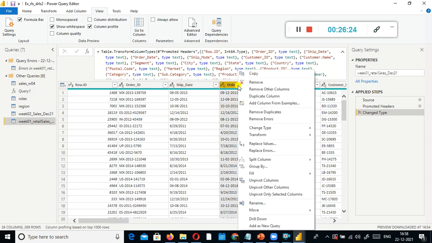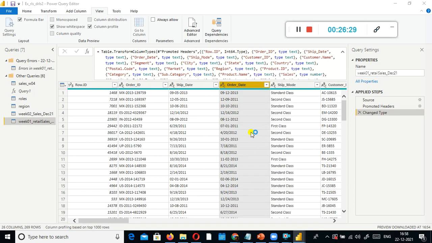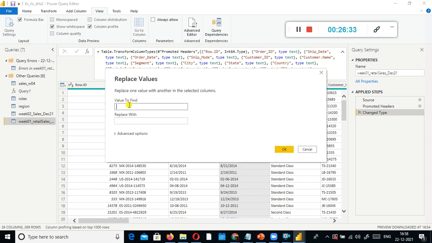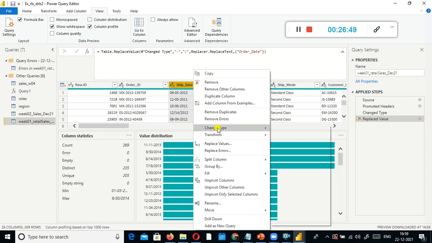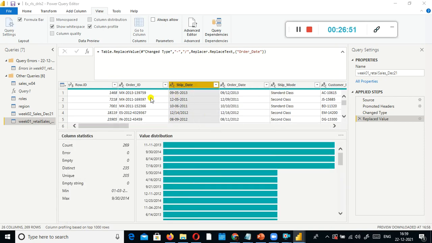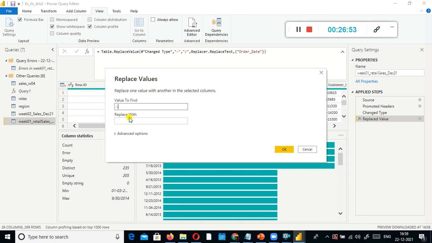Keep the cursor here, right click, and go to Replace Values. Wherever hyphen is there, replace that by forward slash. I just click OK. I'm done with this. Similarly for date also, let us do it side by side. Replace Values, hyphen by forward slash. Good, we are done.